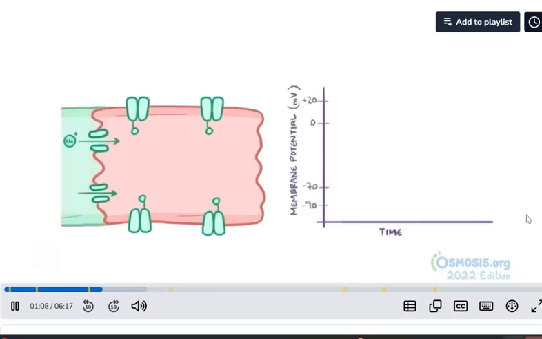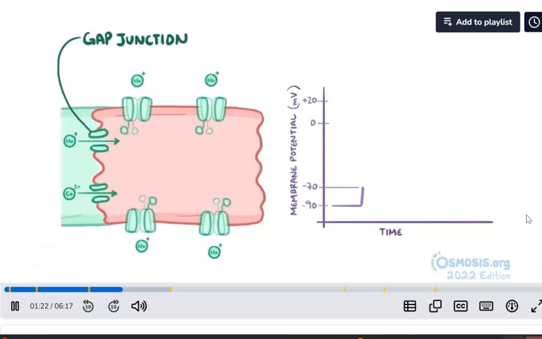First, a few positive ions like sodium and calcium travel through gap junctions and enter into the cell. And this raises the membrane potential to a threshold level, typically around negative 70 millivolts. At that point, the voltage-gated sodium channels open up, and lots of sodium ions rush into the cell, and this causes depolarization. Right after depolarizing at about plus 20 millivolts, the channels become inactivated, making those channels unavailable for another